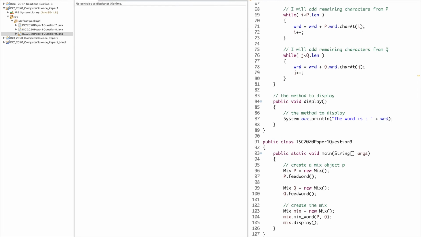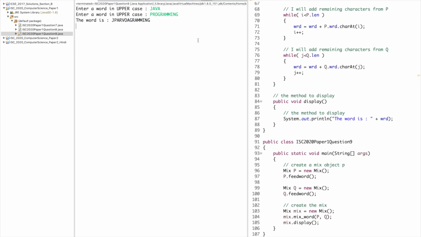Now let's try to make the second word longer. I'll say JAVA, since the input is in uppercase, and for the second word I'll say JAVA PROGRAMMING. You can see until here there are characters from both the words, starting with J from the first word, then P from the second word, until JAVA, the first word, runs out of characters, and then this part is from the remaining characters of the second word.